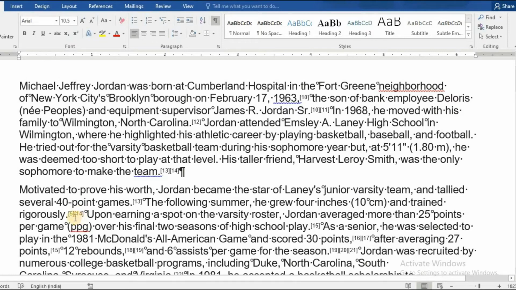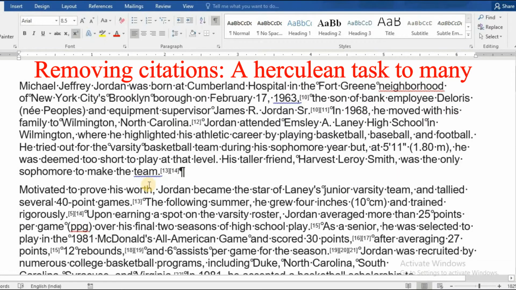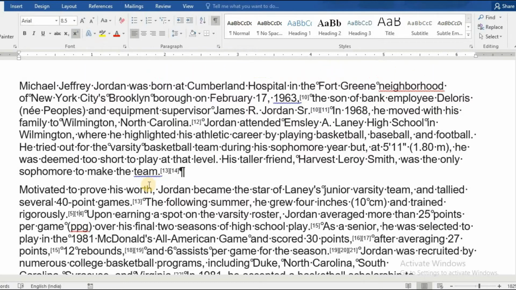Now coming to citations. By citation I mean these 514. While looking for a solution on how to remove citations, I browsed so many articles and found nothing satisfactory. You yourself can give it a shot to search, but I claim to have devised a simple way to get rid of this as well.